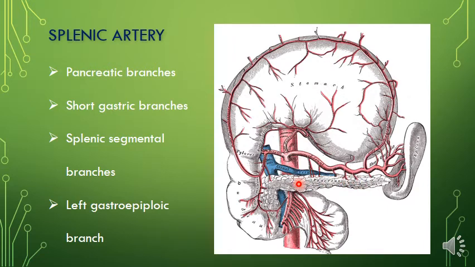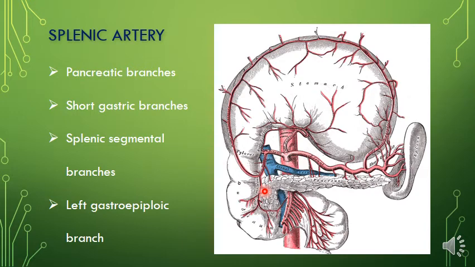And a dorsal pancreatic branch is usually derived from the splenic artery and bifurcates into right and left branches. The right passes between the neck and the uncinate process of the pancreas and joins with the ventral pancreaticoduodenal arcade. So these will be discussed in detail when discussing the blood supply of the pancreas. For now, just remember there are numerous branches to the pancreas along the upper border of its body and tail. One of them will be large, known as arteria pancreatica magna. The head of the pancreas is supplied by the superior and inferior pancreaticoduodenal arteries.